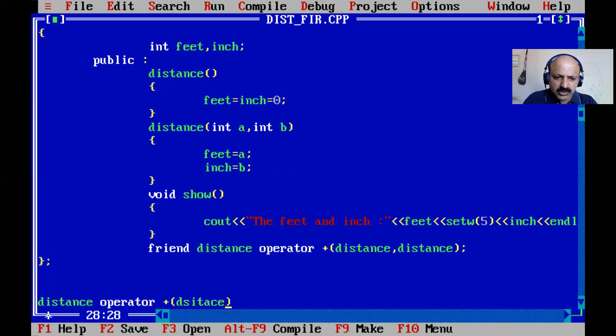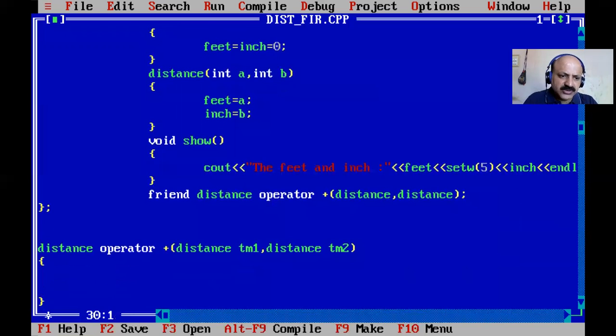Distance, so first distance tm1, and then second time distance tm2. Then we can first calculate feet. Here we take one local object, distance temp. So temp dot feet: first calculate feet, tm1 dot feet, and plus addition,